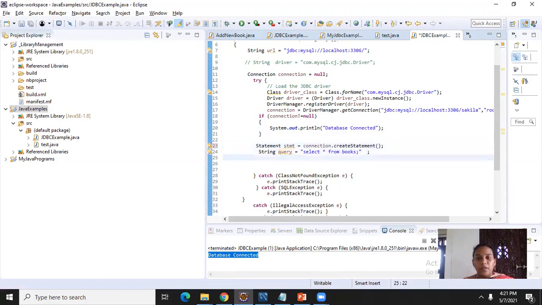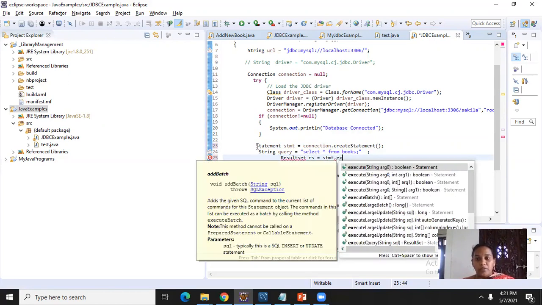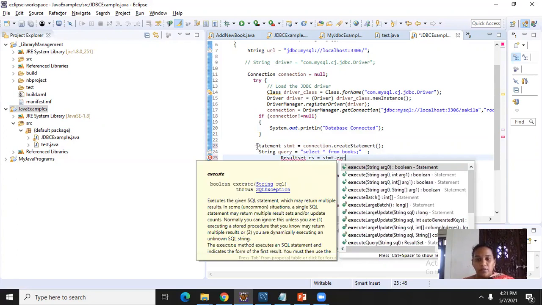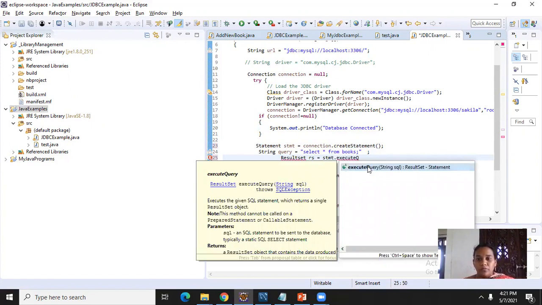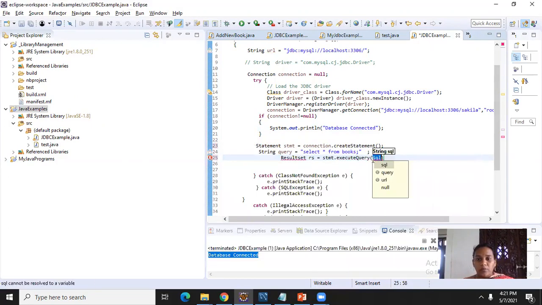Here the statement is created and the query is created, and now result set object rs equal to statement dot execute query. Whichever query I want to execute, that query I will mention.